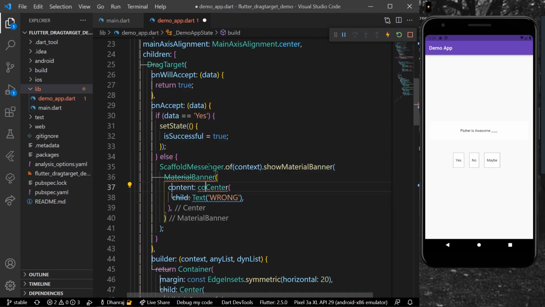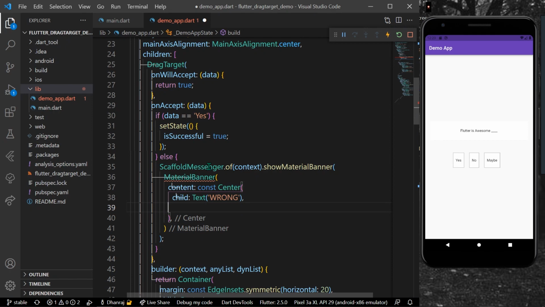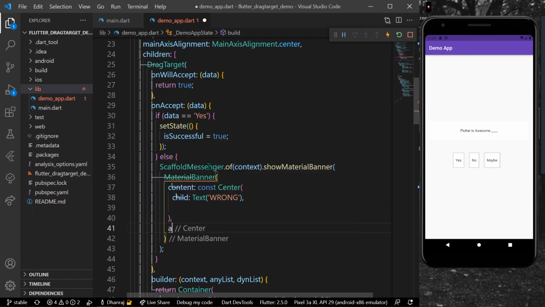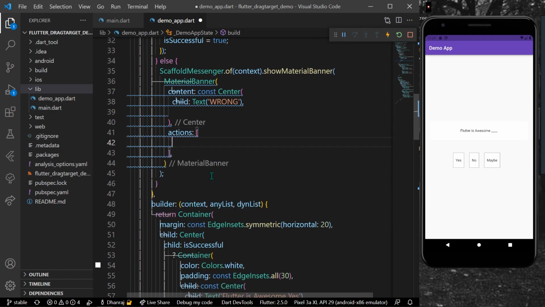Now for the action, it takes in a list of widgets. I'll give it only one widget, which is our text button.